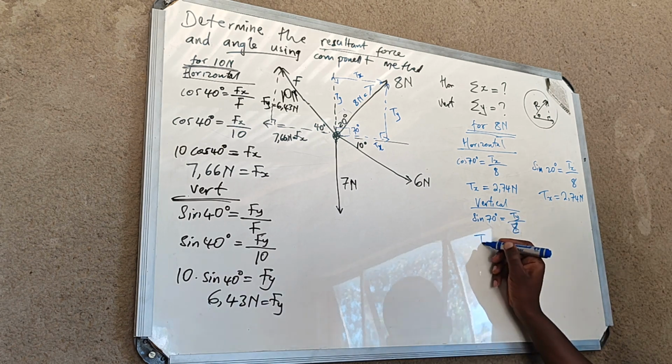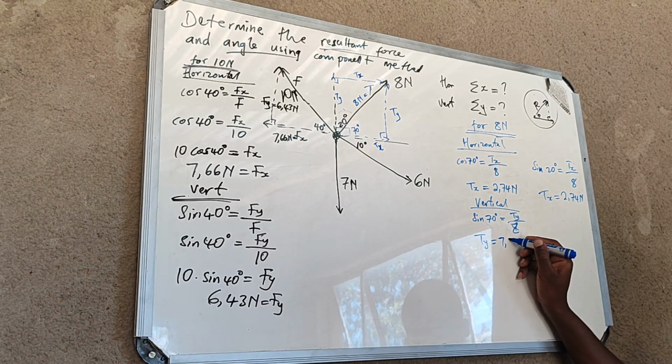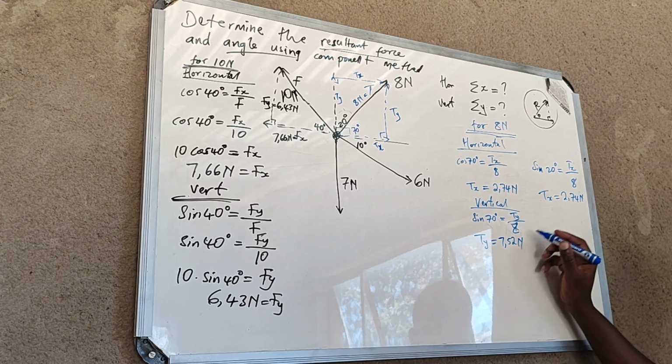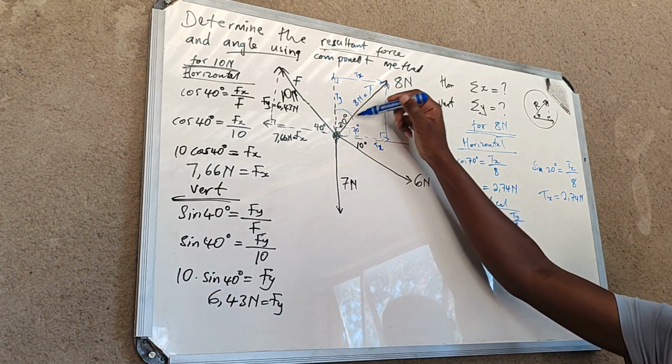So obviously our ty we simply multiply the 8 by sine 70. 7,52 newtons. Now let's say you want to use your angle 20, so we'll be here, and then you are